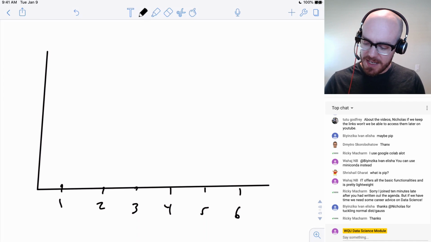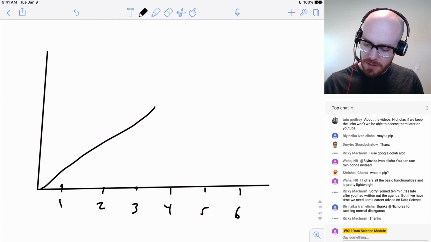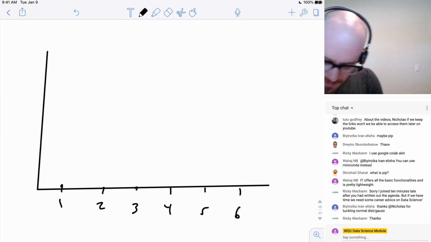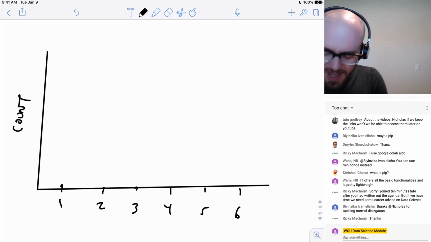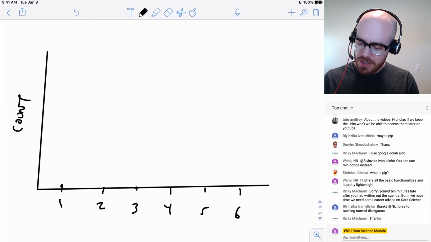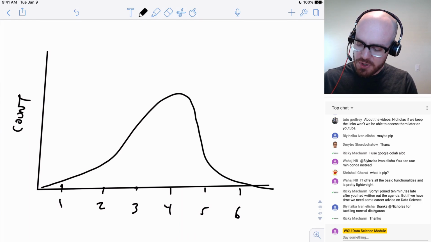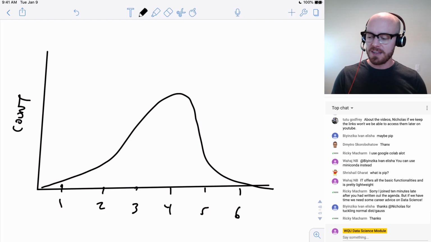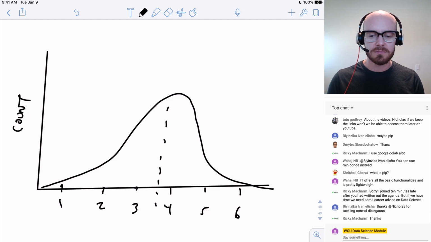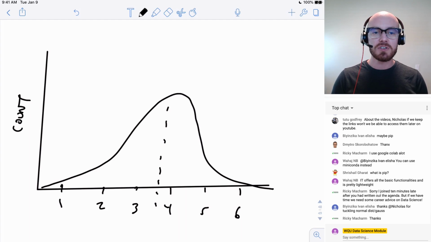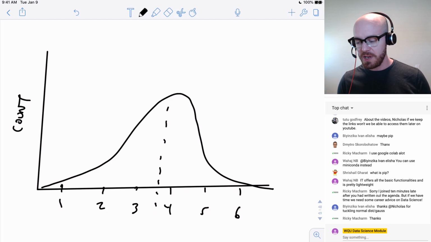Do you guys think that, this will be the count, I'll get some sort of distribution that looks like this, where it'll be centered between 3 and 4, and most of the values will be 3 or 4?